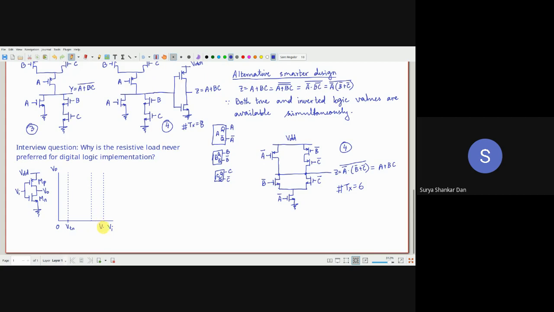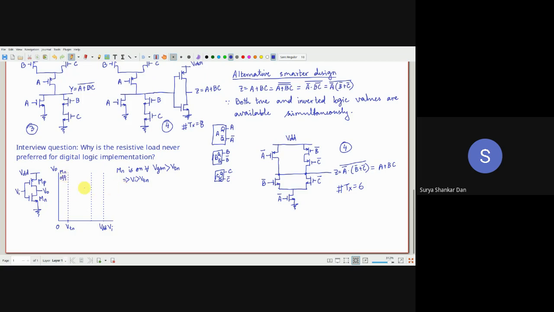So this is your VDD. Okay, and so let us understand this. When will this MN be on? MN is on for all values of VGSN greater than VTN, correct? So what is this VGSN? Gate to source voltage. Source is grounded, gate is VI. This implies VI greater than VTN. That means between 0 to VTN, that is, when VI is less than VTN, MN is off.